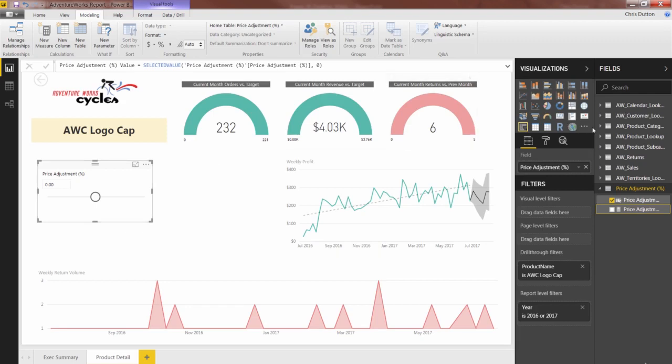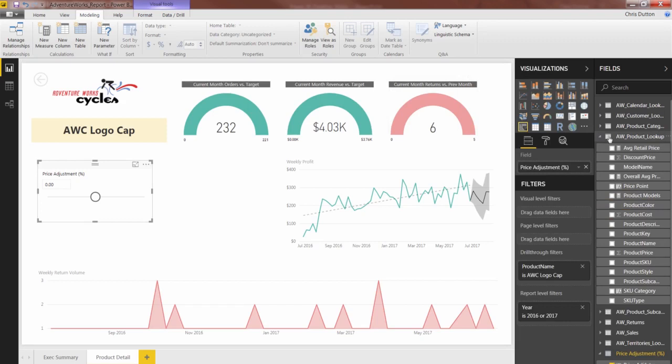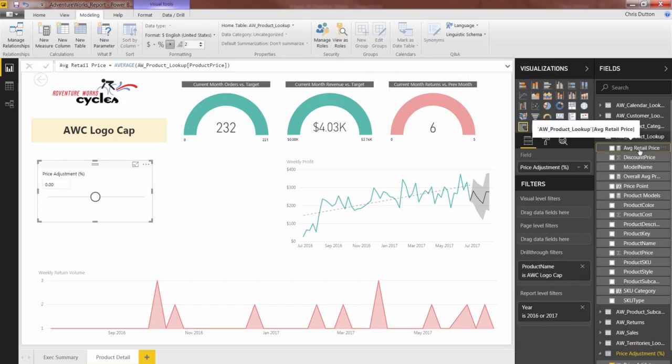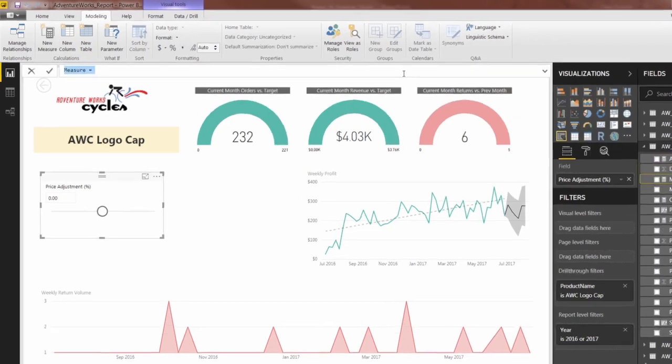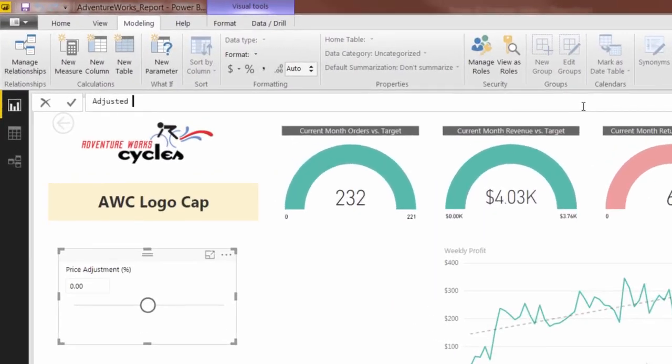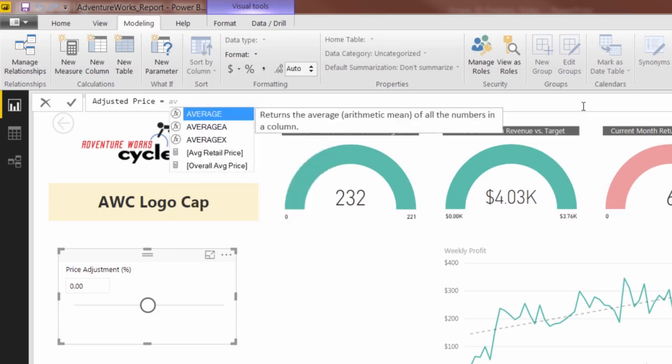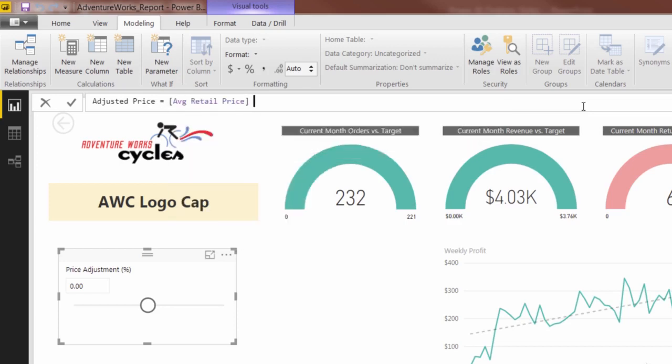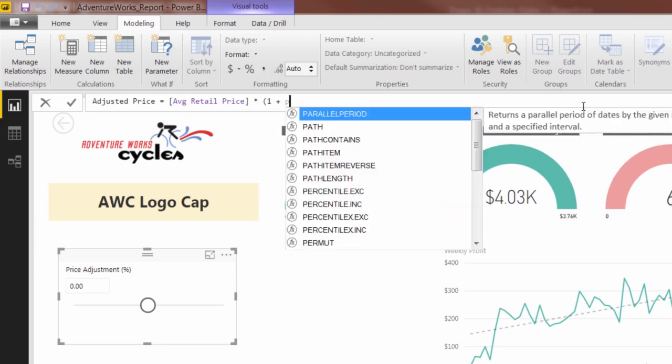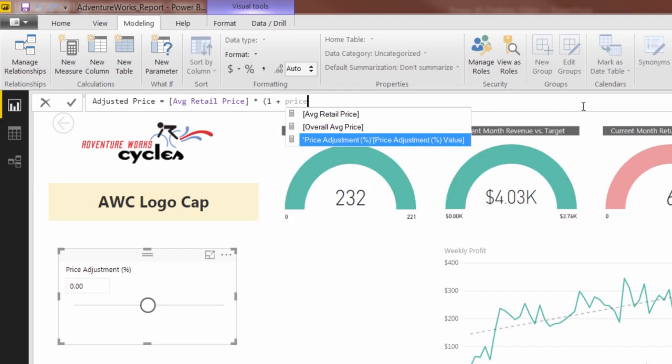And if we go into our product lookup table, you'll recall that we've already created a measure for average retail price. What I'm going to do now is create a new measure in this product table. I'm going to name this measure adjusted price, and I'll define adjusted price as the average retail price times 1 plus whatever the currently selected value in my parameter slicer is. So I can search for price adjustment, and you see how it gives me that